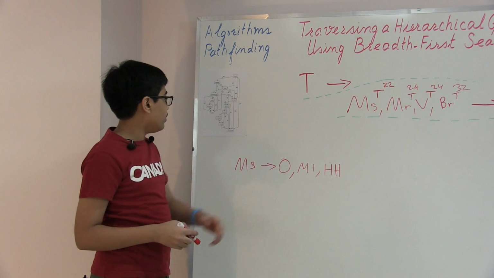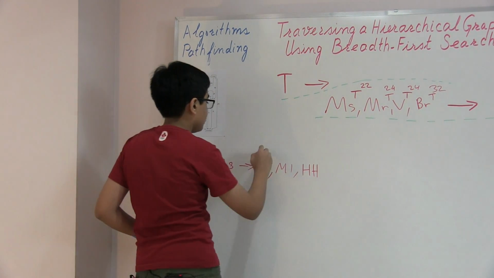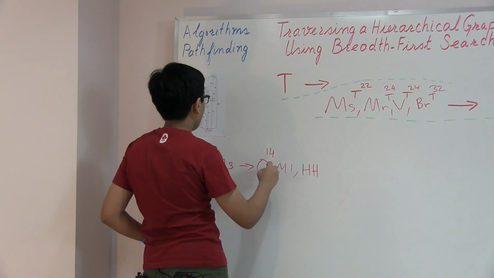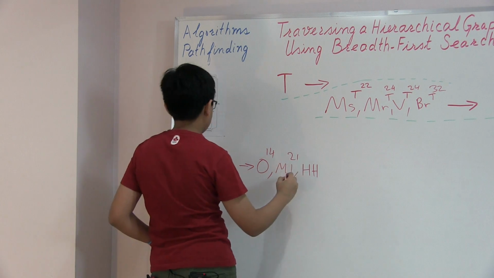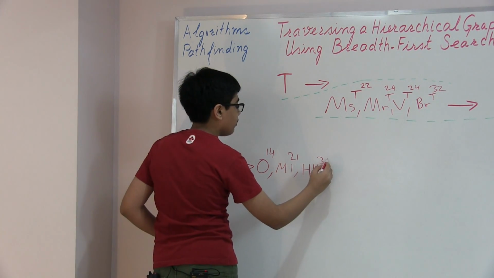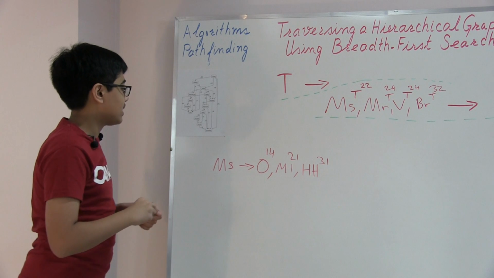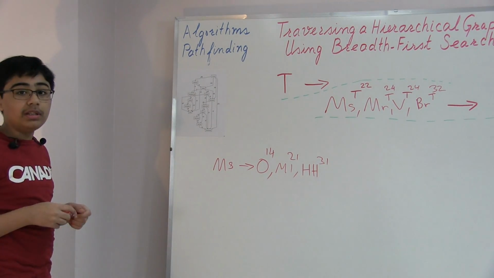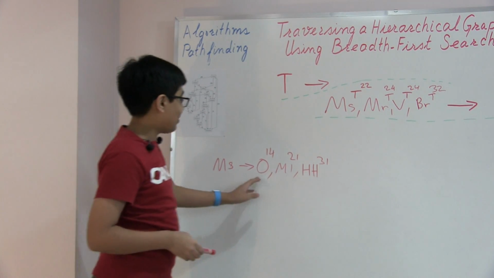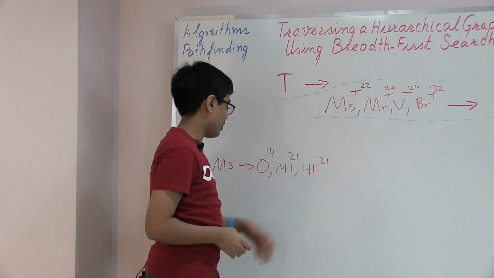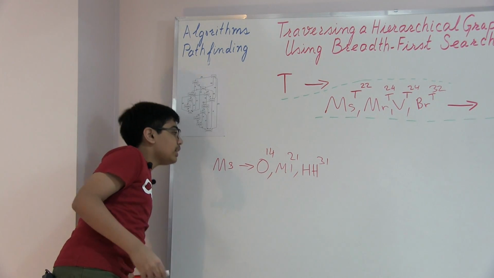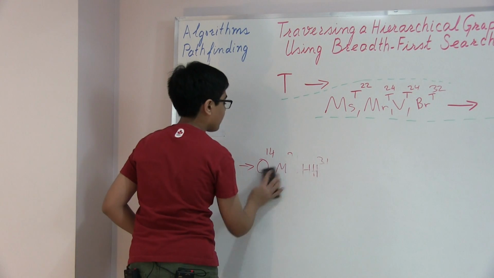So let's actually note down their distance values. Oakville is 14 kilometers from Mississauga, Milton is 21, and Halton Hills would be 31. And these are actually perfect. The reason these are absolutely perfect is because these are already in order. So 14, 21, 31. So all we need to do now is erase these,